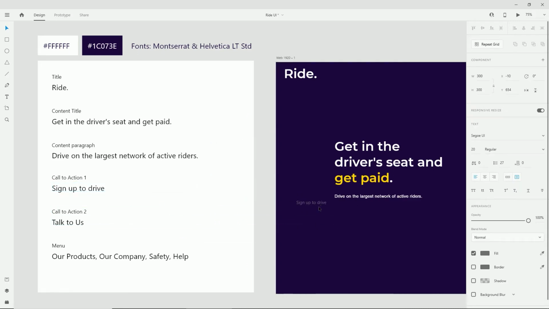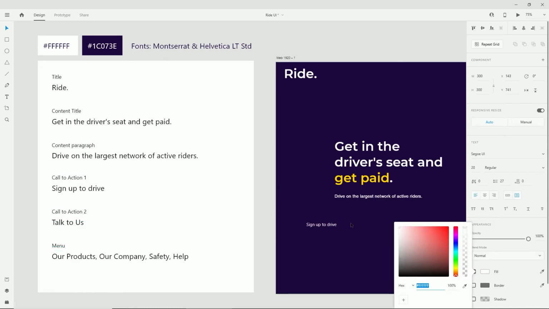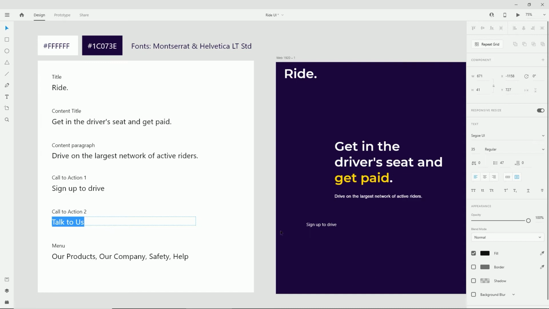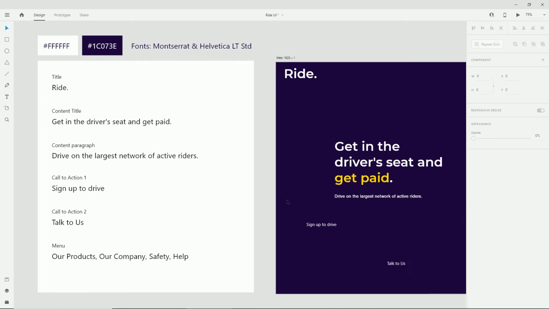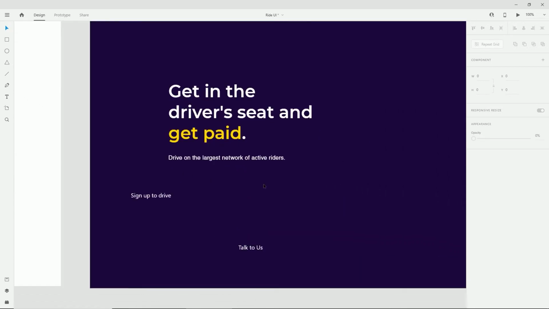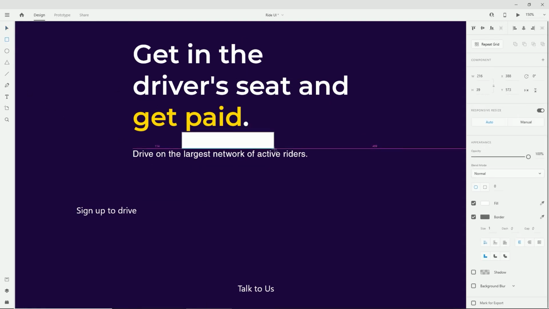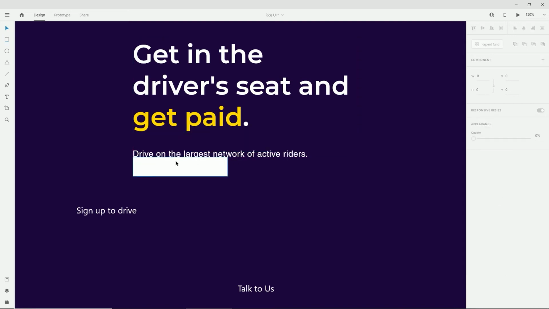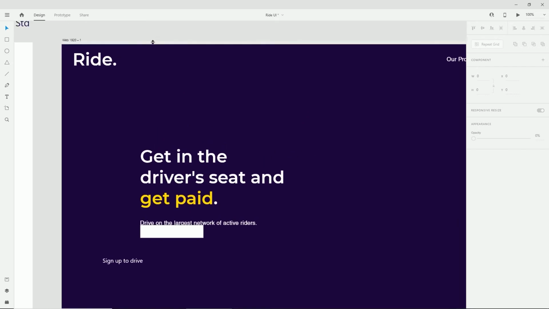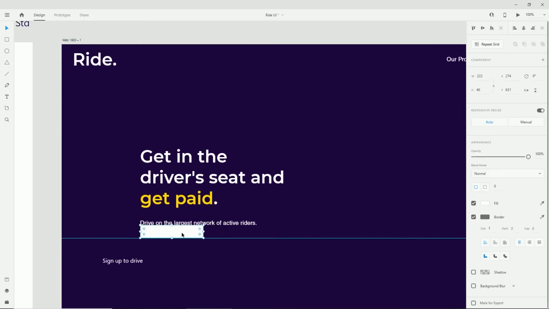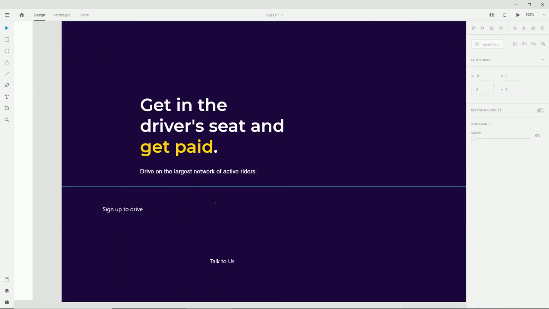So let me paste this text in here, and I will just change the text to be white so you can see better. And the second one will be talk to us, and I will do the same. Let's just paste in here and change it to white. And what I can do is, let's zoom in a little bit. I'm gonna make sure that the spacing between those two elements is the same. So basically I'm using this space to create, this is where the buttons will start from, and maybe I can drag one of them guidelines from the top, just so this white square doesn't get in the way. And I will delete this for now.